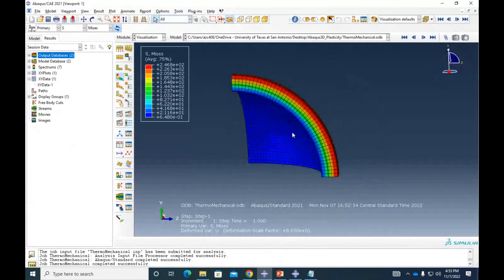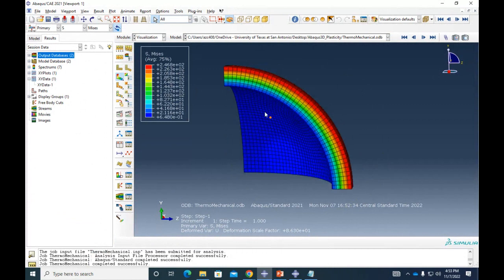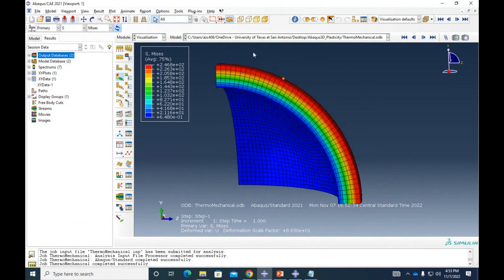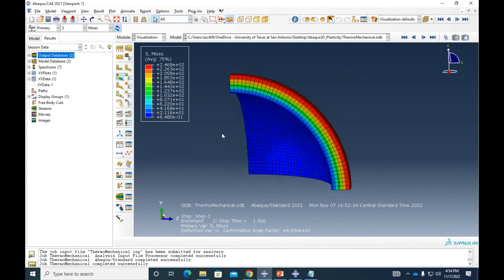All right. Now the results are a little bit counterintuitive, right? Because I applied a high load in here, but then I also have a high temperature gradient with my thermal expansion, and that's causing the outer surface to be under a lot of loads. So if you apply some loads and then you add some thermal loads, the behavior of your structure might change completely. Before we do a simple problem, anyone has questions with how to add plasticity to Abaqus?